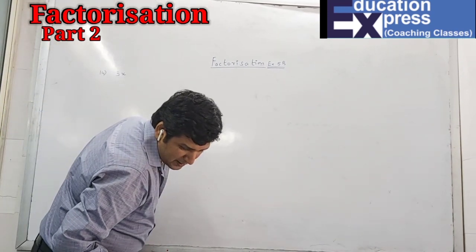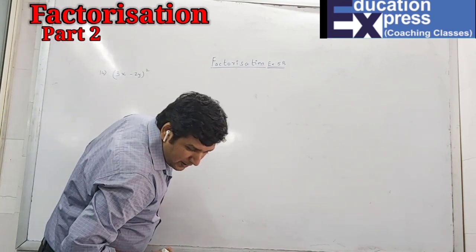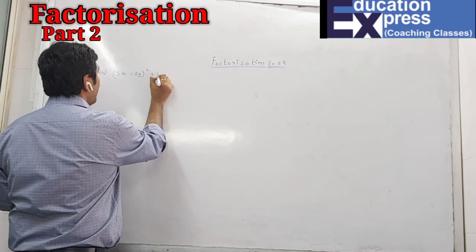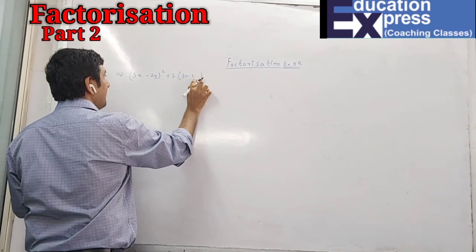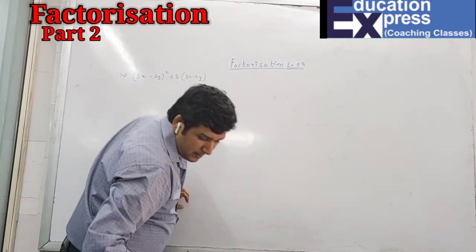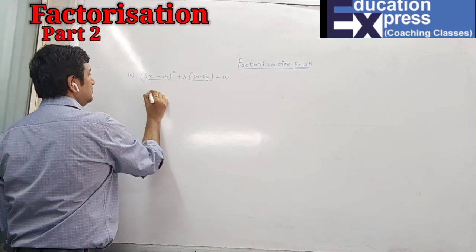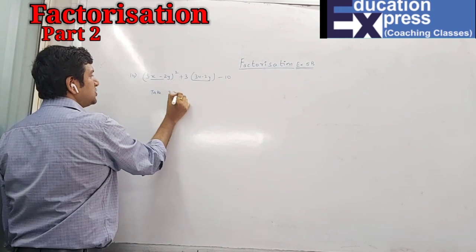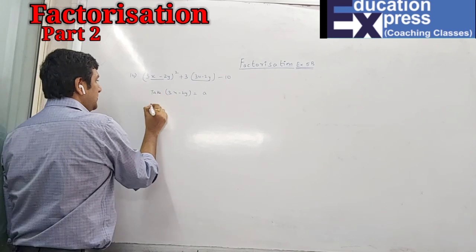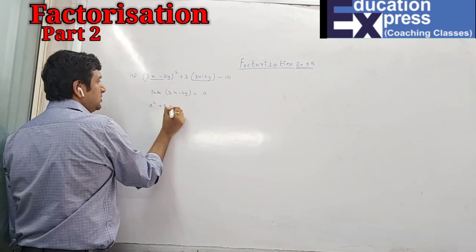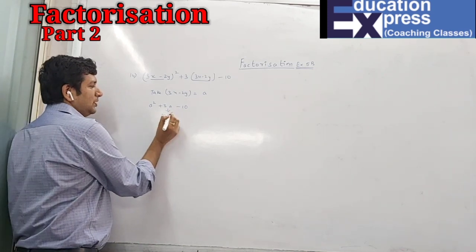3x minus 2y the whole square. Now I suppose obviously you can solve this sum. Plus 3 into 3x minus 2y minus 10. So here what do we take? 3x minus 2y, which is the same as a, because x already is used. So in this place I'll write a square plus 3a square minus 10, and now the middle term is 3a,